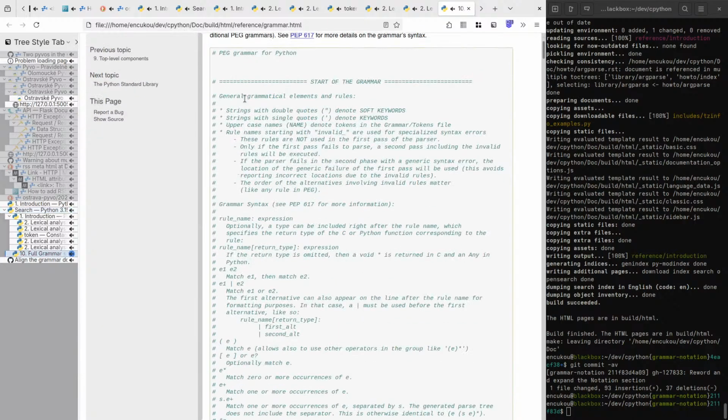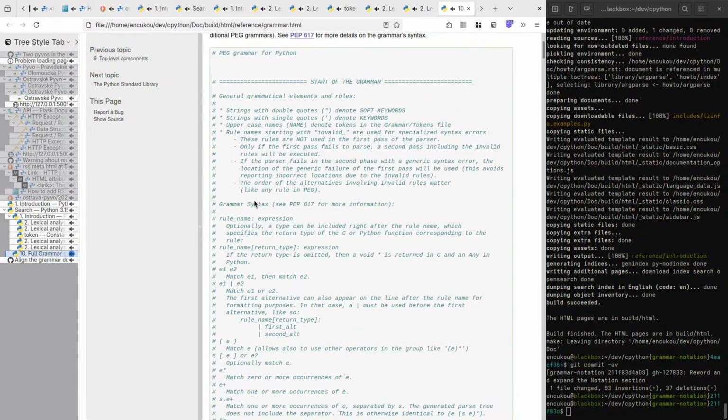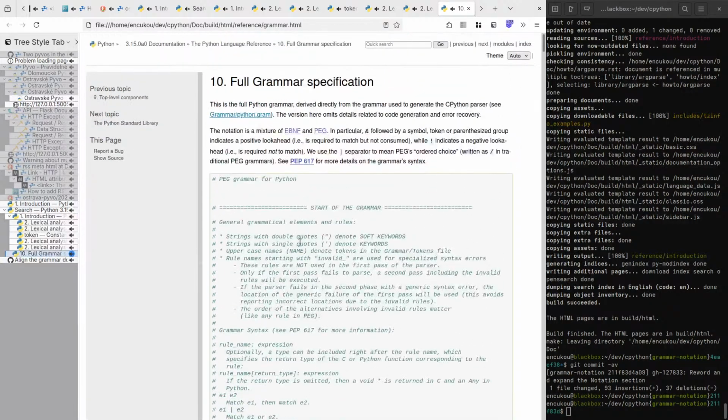Oh, just in PEG. Notation is a mixture of EBNF and PEG. Ah, there we go. And there's the pipe on the next sentence.